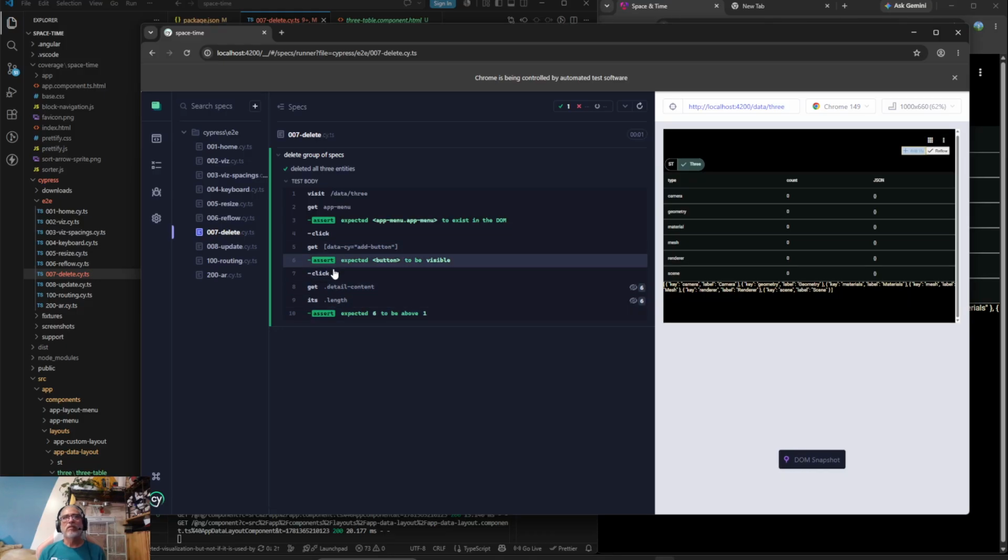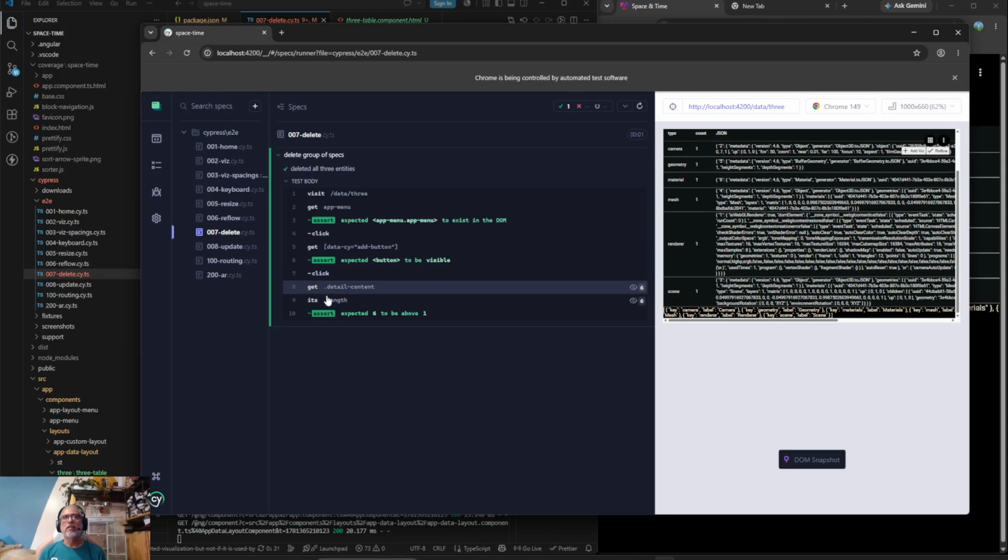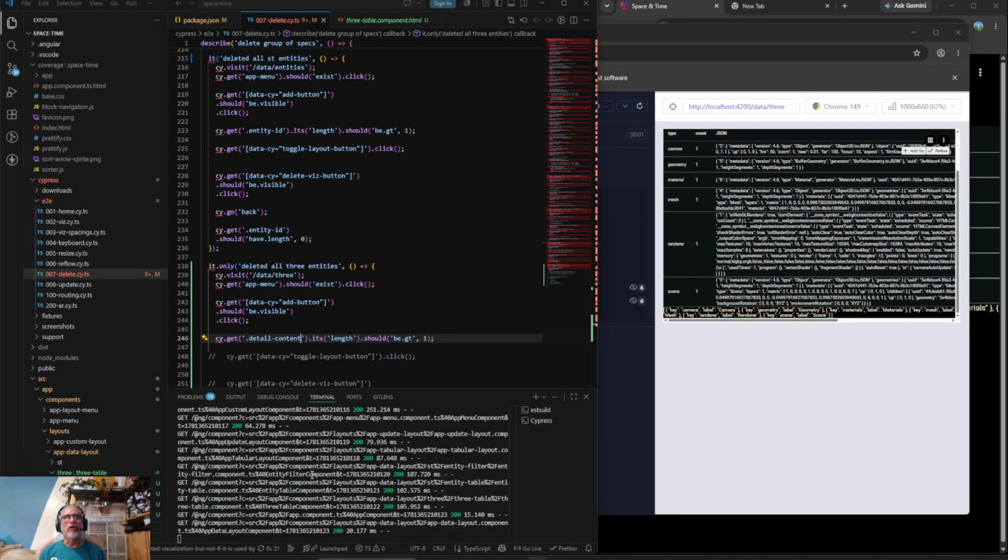So it's walled, okay, and then click, and then detail, and then its length. Expected 6 to be above 1. Okay, so it found 6. And I don't know why it's not highlighting it, but like I said, I don't really work on this that often, but okay, so